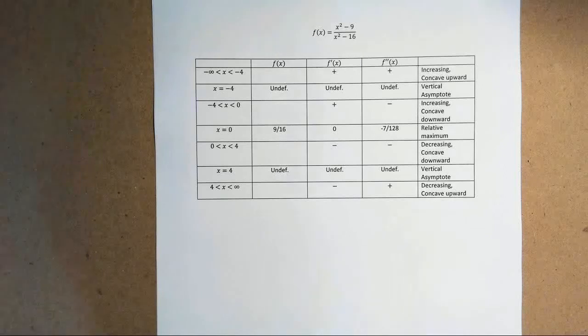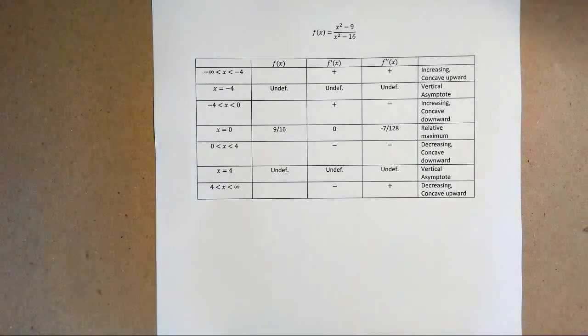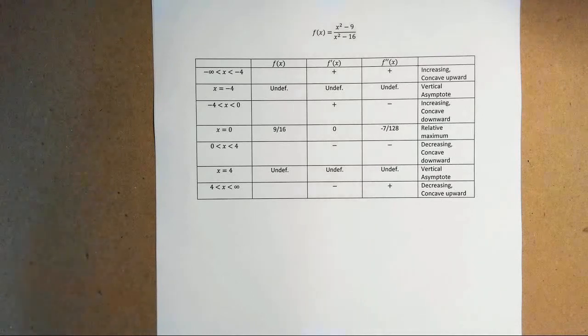Hi everyone. So in this video we're going to discuss how to graph an equation given our first derivative, second derivative, intervals of increasing, decreasing, vertical asymptotes, relative max, concavity, pretty much everything you can find in respect to calculus. So let's say this chart was given to you and they were telling you that it was increasing from this interval, decreasing, and etc. The first thing you actually want to do before you graph it, given an equation, is